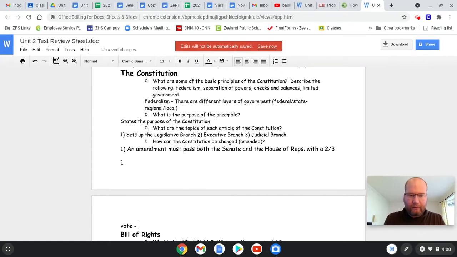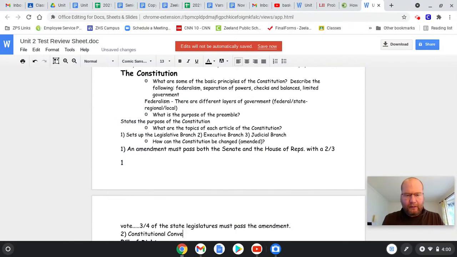Then, if that happens, each state legislature, each state Congress, must pass the amendment, not each state. Then 3/4 of the state legislatures must pass the amendment. The second way is that a